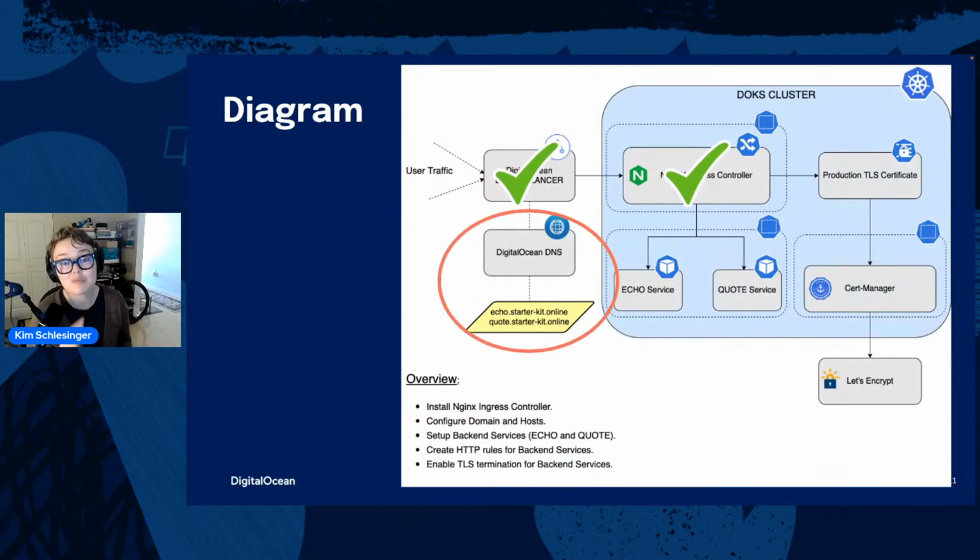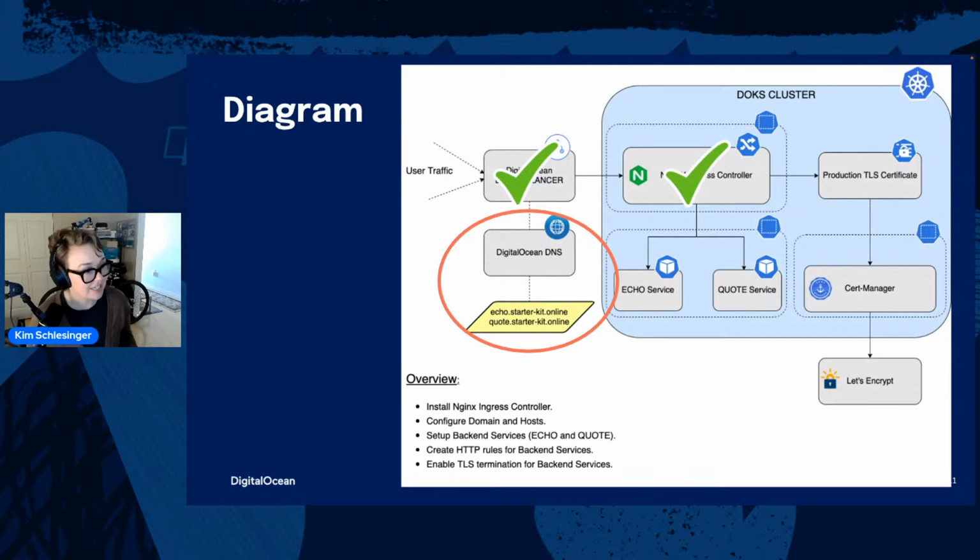DNS. And so I have a domain name. I want to set it up so that DigitalOcean has access to it. And instead of having my users type in that IP address, I want to give them a domain where they can type in the address and have access to whatever application's running that way. So let's configure DigitalOcean DNS.